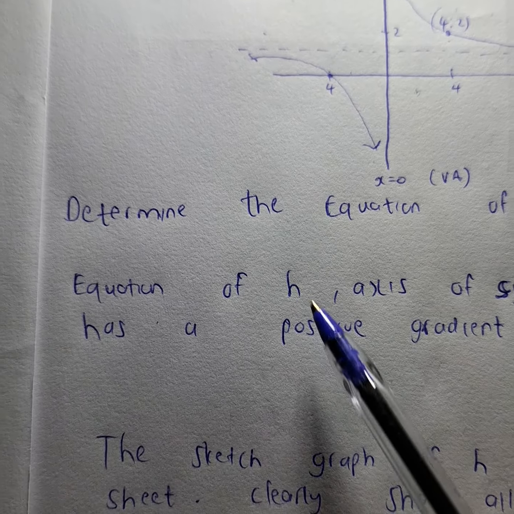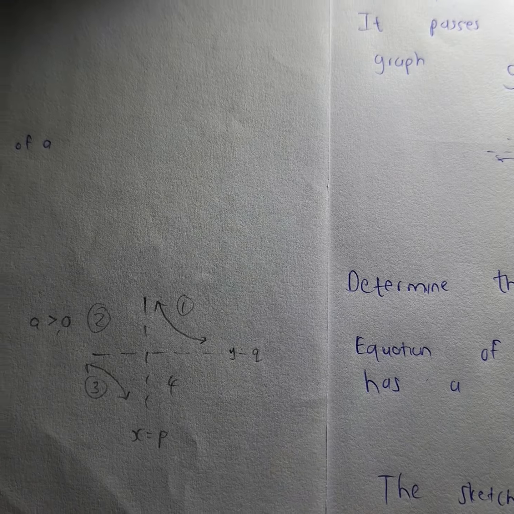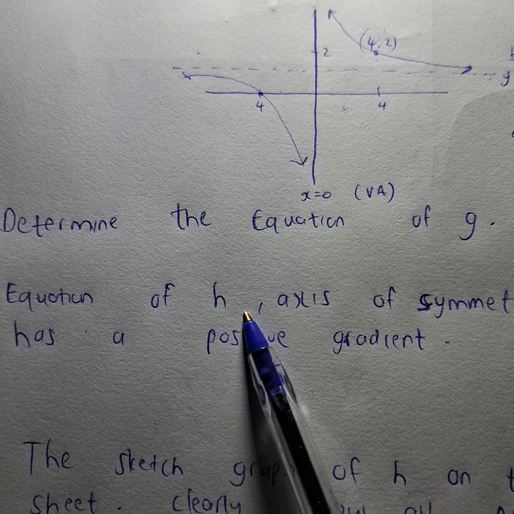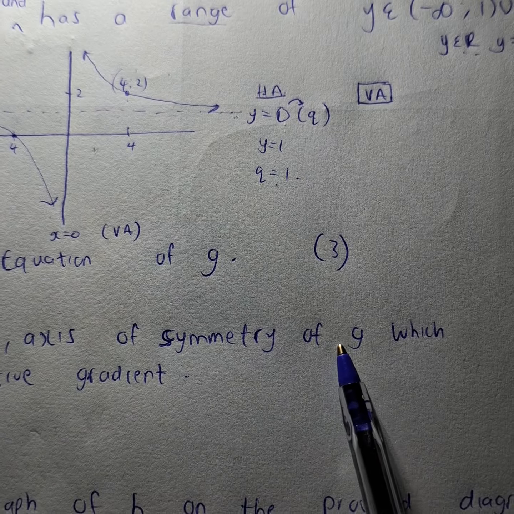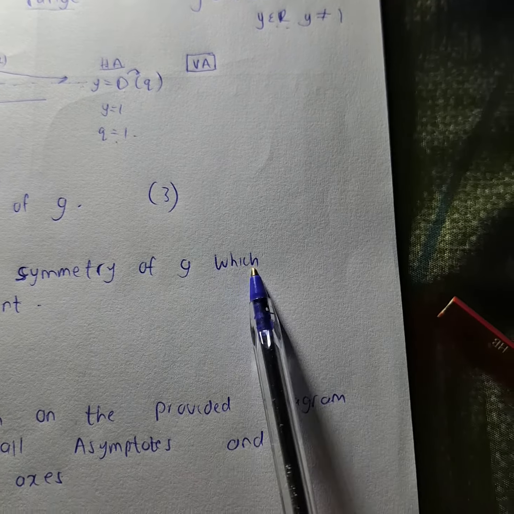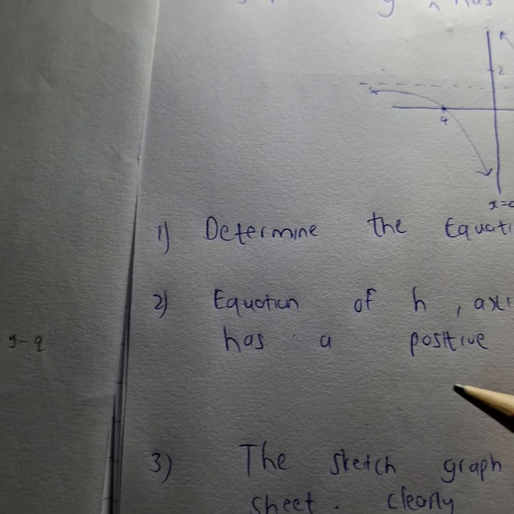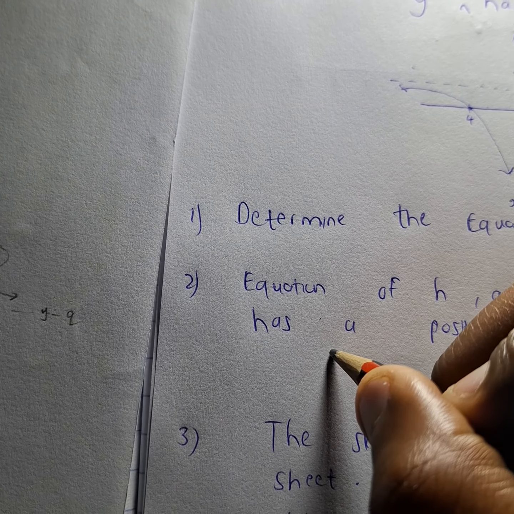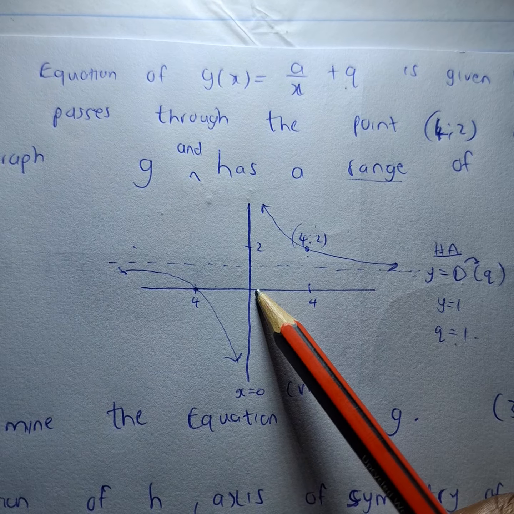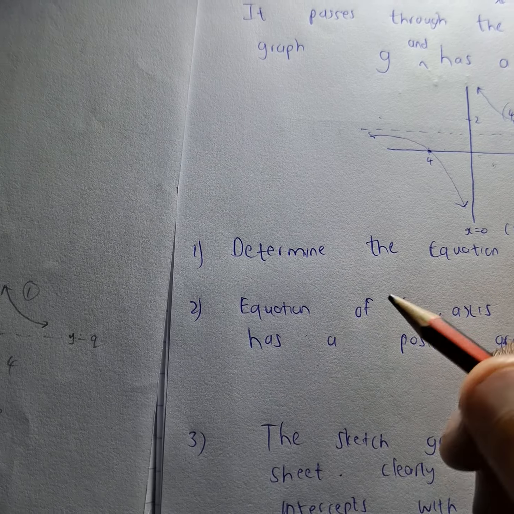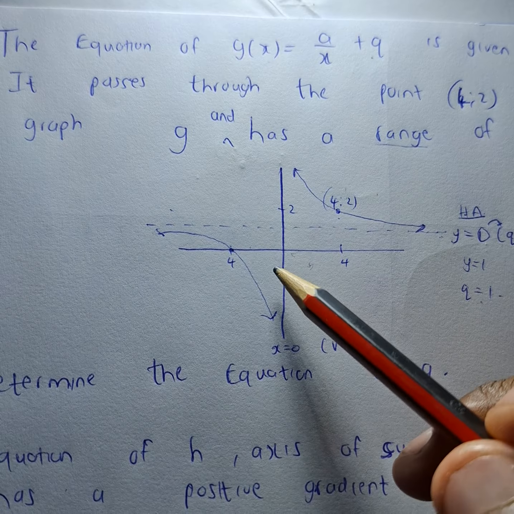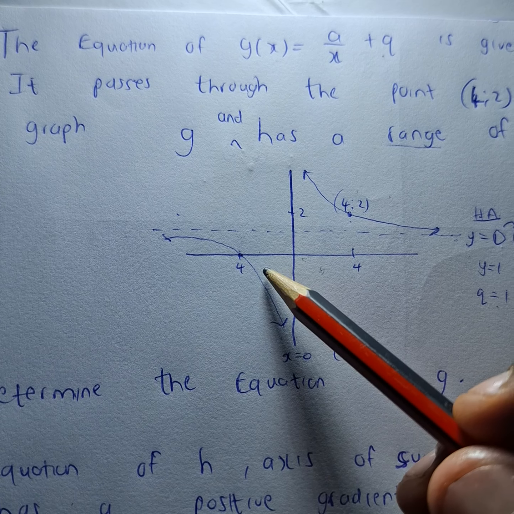Alright, so the next question says: the equation of h, which is the axis of symmetry of g, which has a positive gradient. So here's the thing about axis of symmetry where a hyperbola is concerned. What we know is that there are two axes of symmetry for a